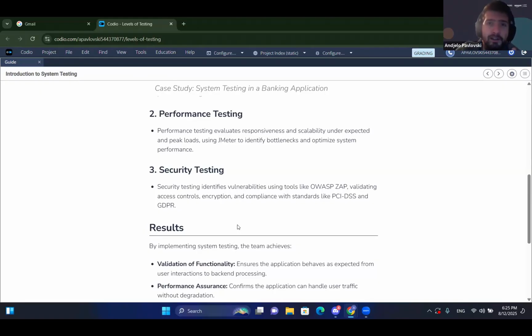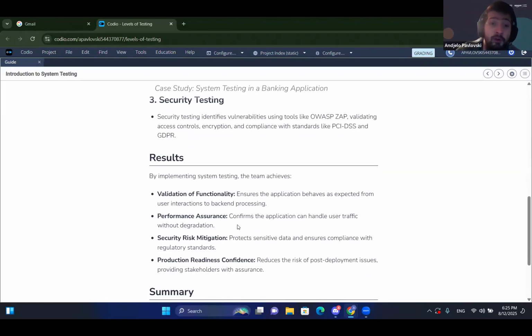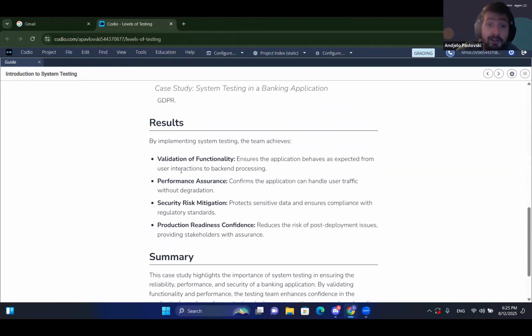And essentially what is done here, the system is made sure that both functional and non-functional wise, it is ready for use. So here are the results. Validation of functionality. So the application is basically working as expected, both from user interactions, backend processing, so both functional and non-functional aspects of the applications are foolproof